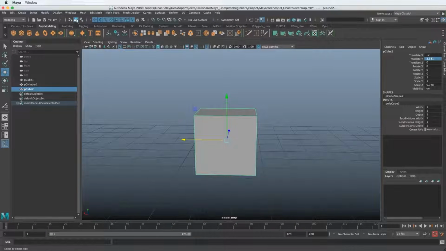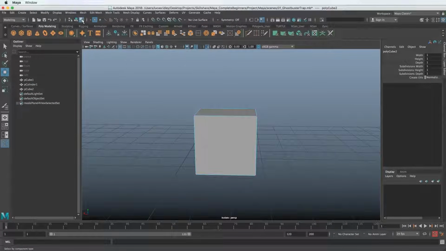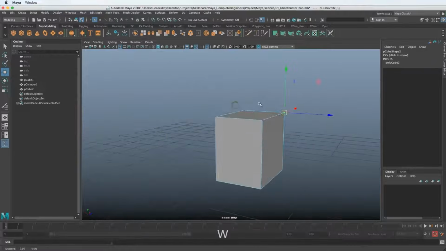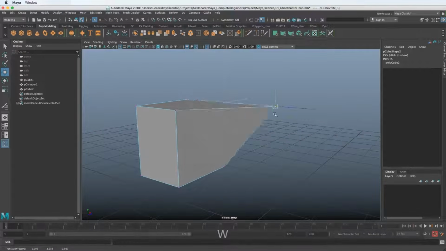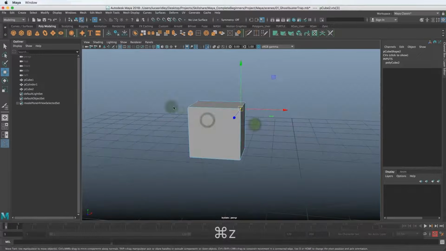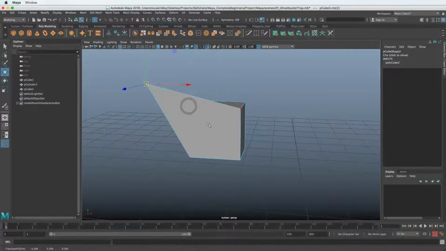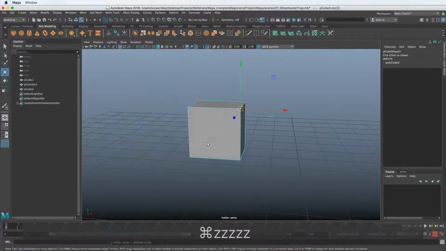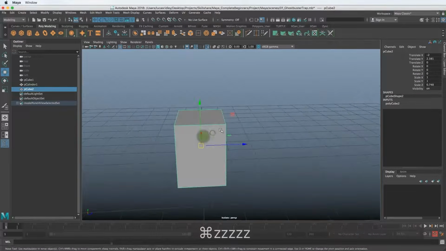We're in object mode. That's also denoted by this little button up here in the top left. If we want to go to component mode, we can click this button. And again, it'll show that if you hover over it. And you can see the different kinds of components that we can select here, and we can isolate those. So now we're selecting the lines. Or if we go back to this one and deselect the line, we get the vertice. So now we can edit the basic components of all the polygons here. And if we want to do this quickly, we can right click and hold, drag up and go to edge mode. And now we can adjust the edges. So that just gives you a quick idea of what the components are that make up a polygon.